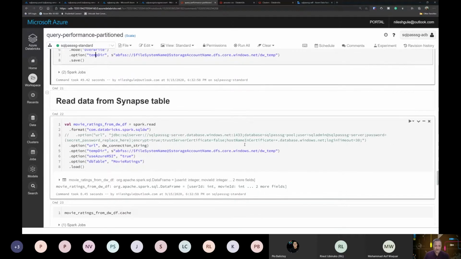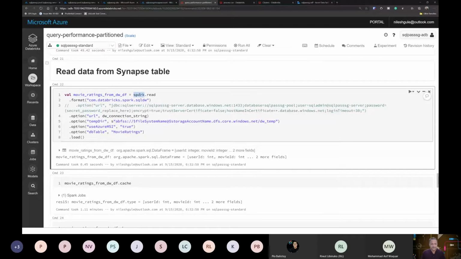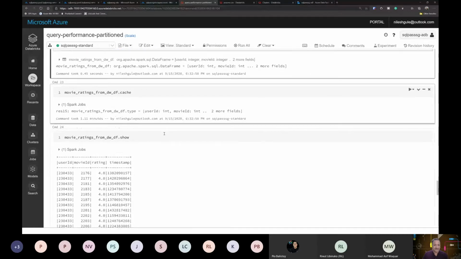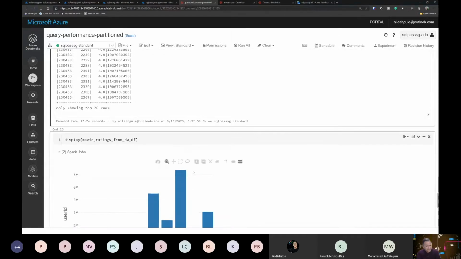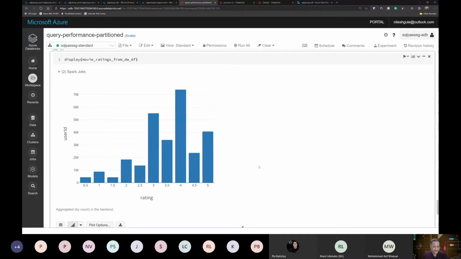Once it is written, I want to read it back. So for reading, I use the spark.read function, and I use load instead of save, and the table name is movie rating. Once I've read that data, then I can show it, or I can just visualize it. If you're familiar with notebook features or Jupyter, we can also visualize the data.